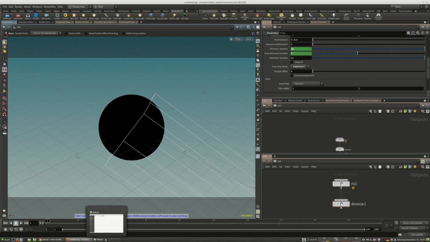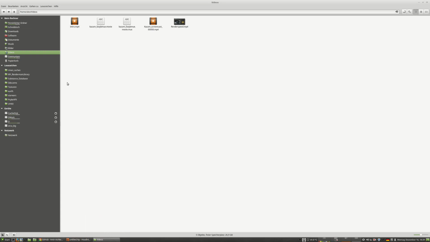In order to prevent Renderman from crashing, you only need to do some tiny steps. The first thing is you create a cache folder for Renderman. I created the Rman caches right here, and I created the images and the temp folder. Those are my folders for the imaging tool of Renderman. And in order to be able to use it,